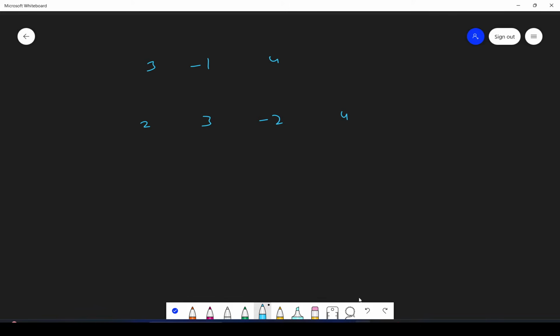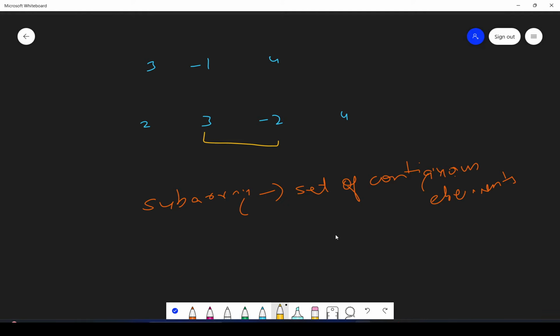So basically let's first understand what a subarray is. A subarray is a set of contiguous elements, that is, elements which are together. Like these, this is a subarray, this is a subarray.